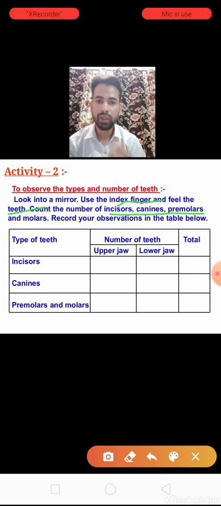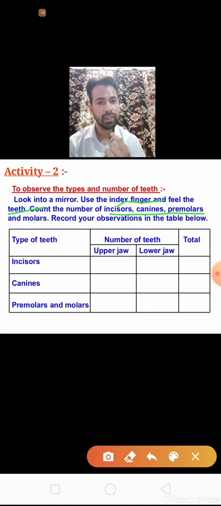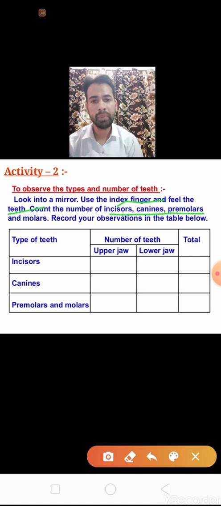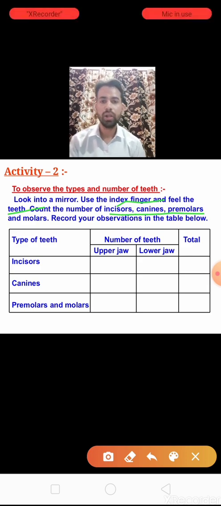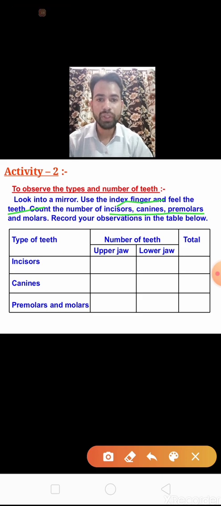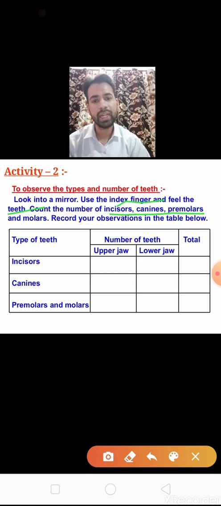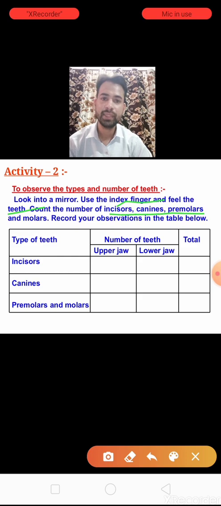We count all the teeth respectively, like incisors, canines, premolars and molars, and record your observation in the table. Take a very fine paper and on that paper write this activity and draw this table.